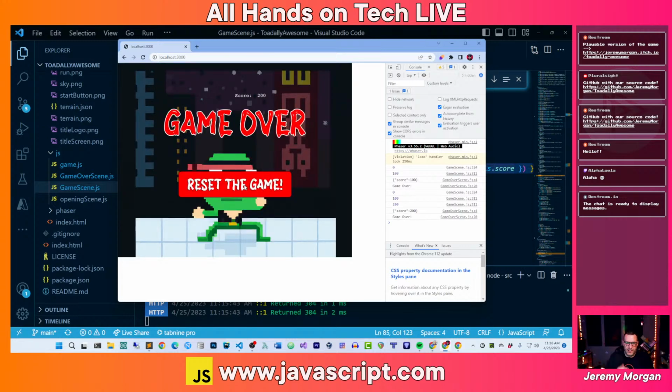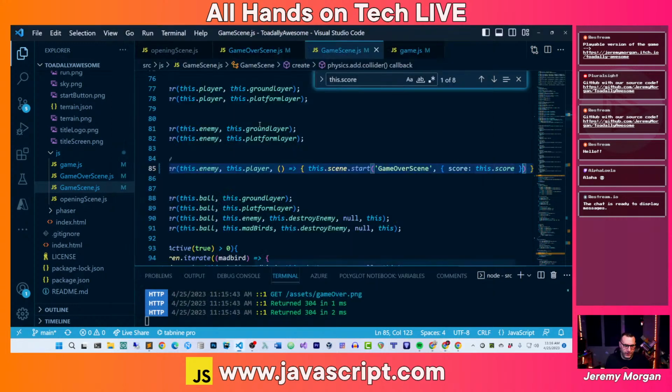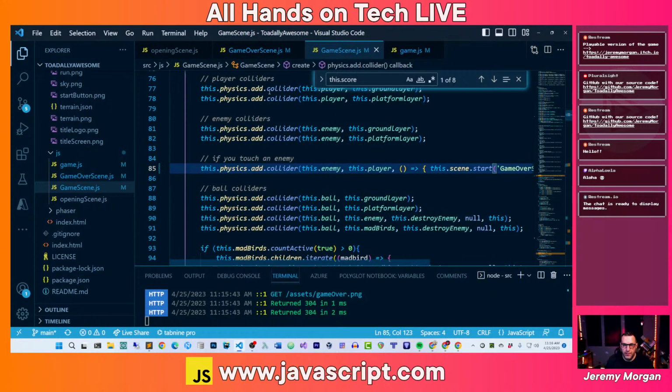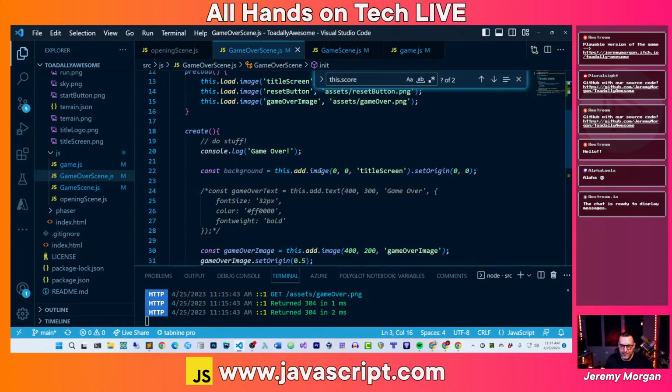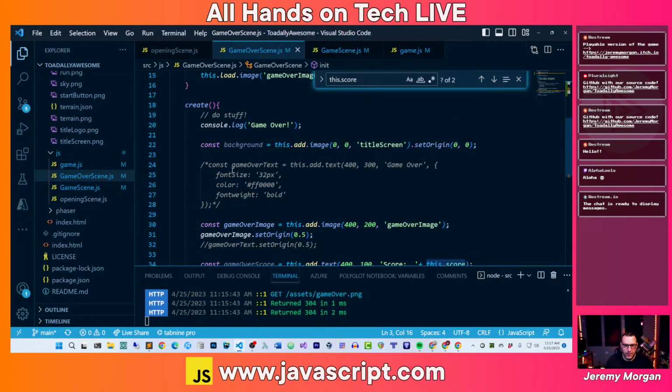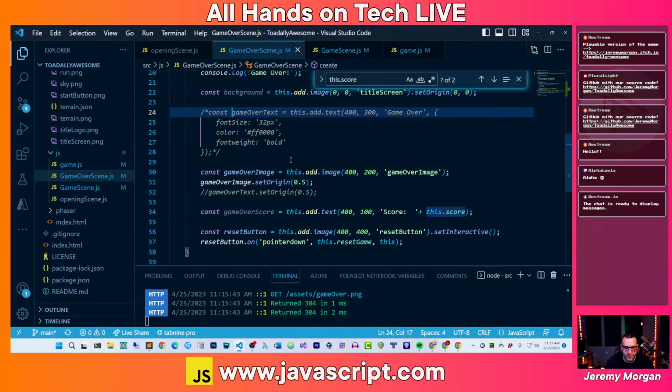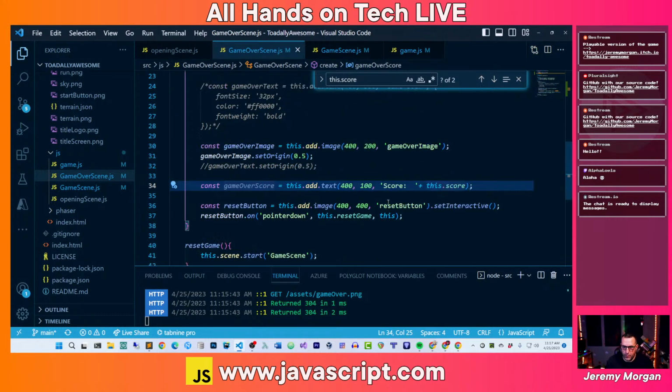Now we need to make the score a little bit more visible. And so to do that, we're going to have to play around with the positioning and things like that. So let's do that really quick. And I would like to change some of the fonts and things like that, but for now, let's just make it somewhere where we can see it. Oh, and it looks like I did have some game over text in there. So this add image, game over image. This game over score